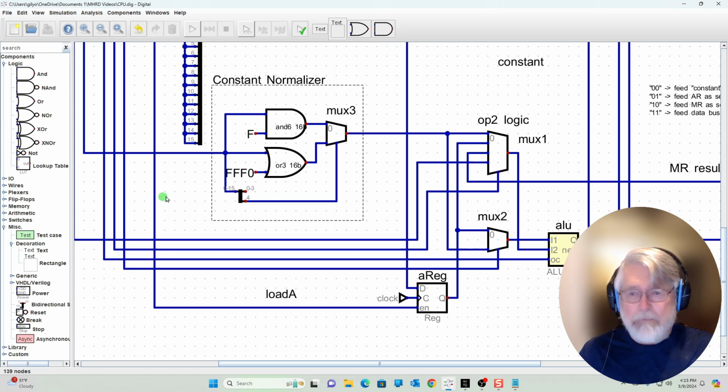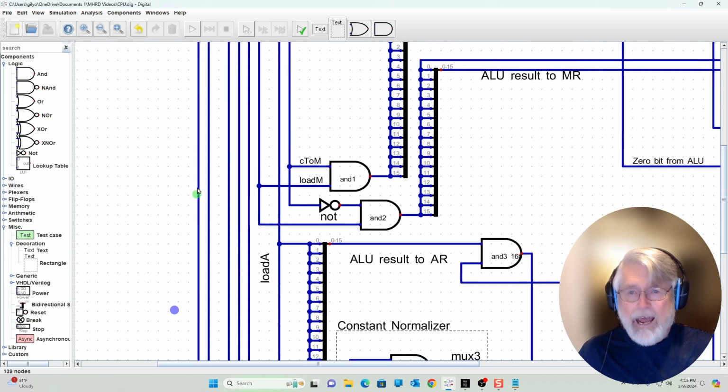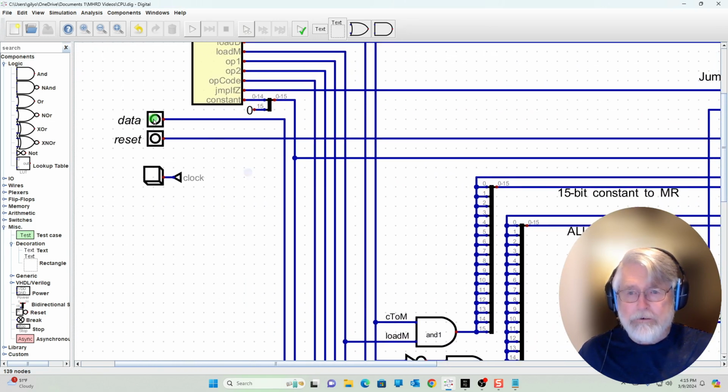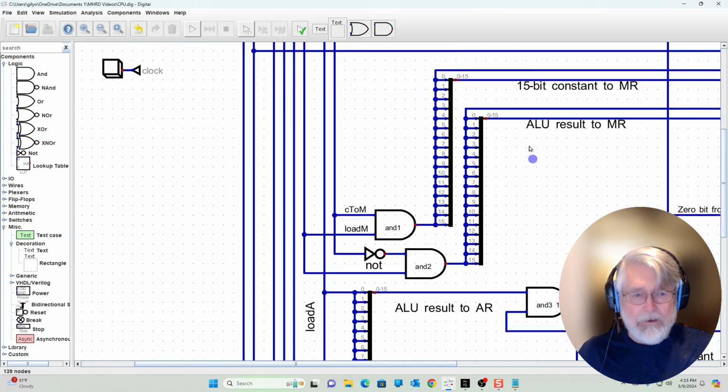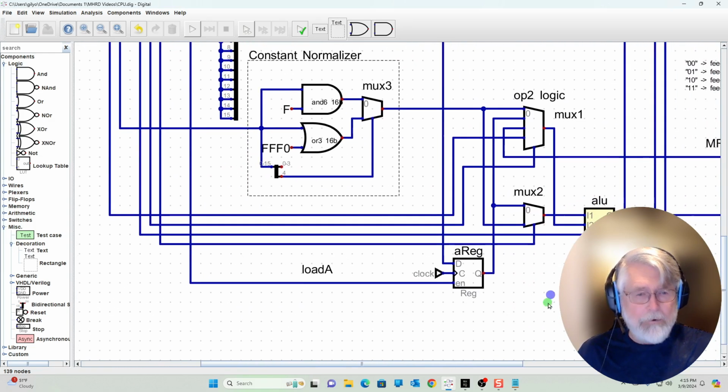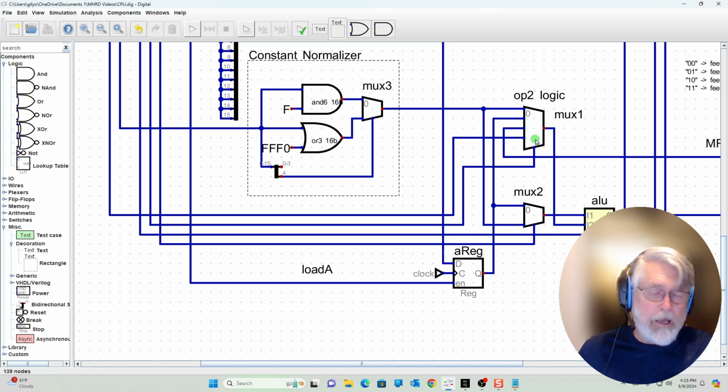This is a 16-bit data input that goes directly to that multiplexer. And then based upon the OP2 value, a 2-bit value, we're going to select one of these 4 inputs to MUX 1 and send its value on to ALU line 2,